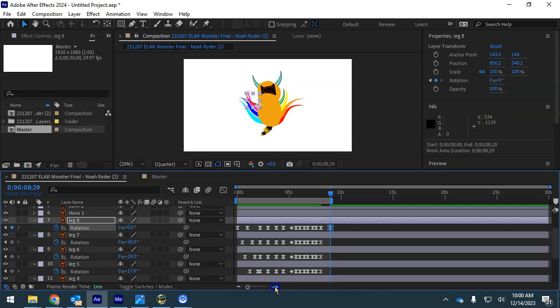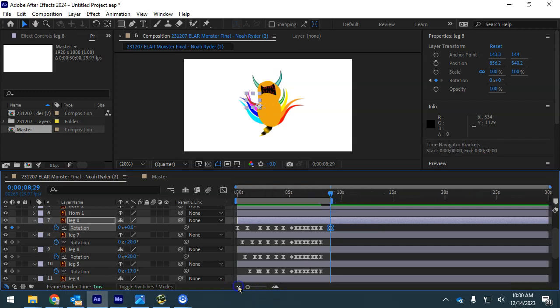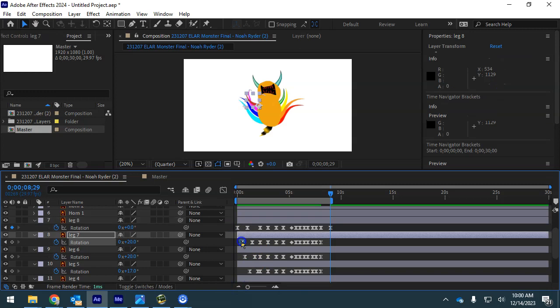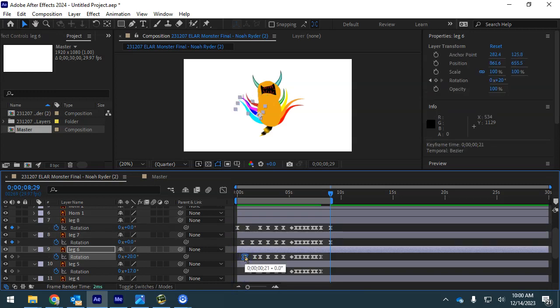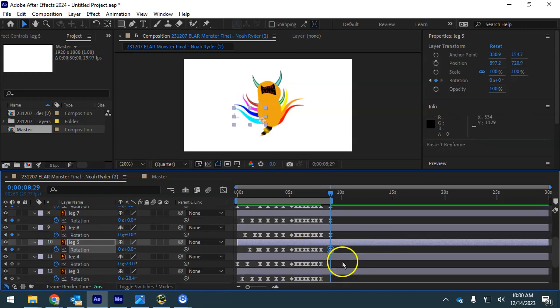So let me zoom in. I know I'm on the anchor point because I can jump to it right here, and that's where we want the work area to end. So I'm at that exact spot, and each of these beginning keyframes is going to be copied and pasted so that the legs return to their starting position and there won't be a big jump at the end as